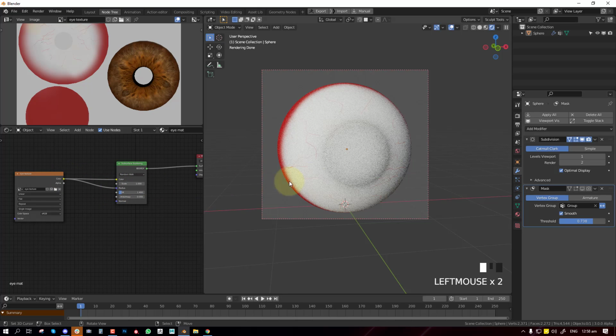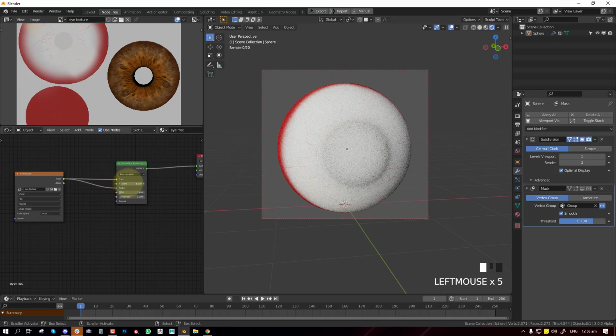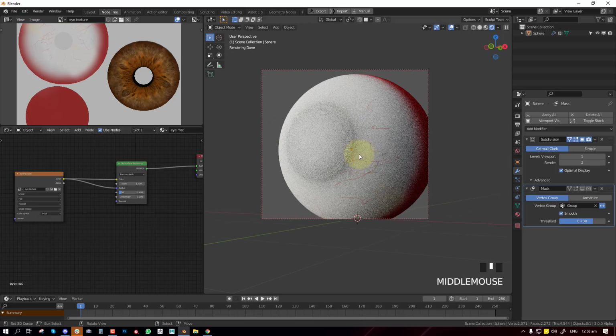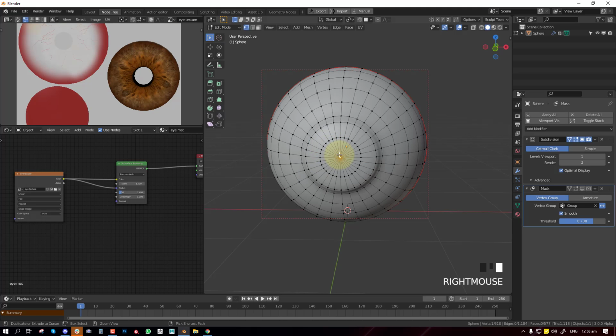You can try using the color as the radius. Okay, and now we need to be able to see the iris, so we'll select this part,